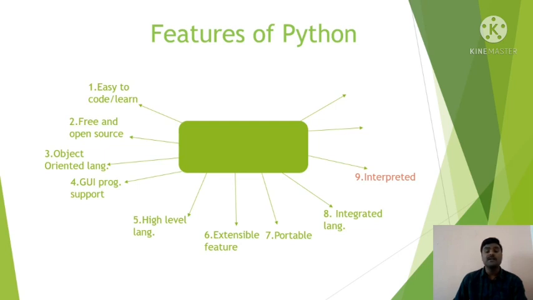This makes it easier for us to debug. If there is an error anywhere in the middle, we can debug it. But in other languages you have to write the whole set, compile it, run it, then see where the error is happening, and there you can debug or correct the coding. So Python has a feature that it is an interpreted language where we can execute, debug or run line by line.